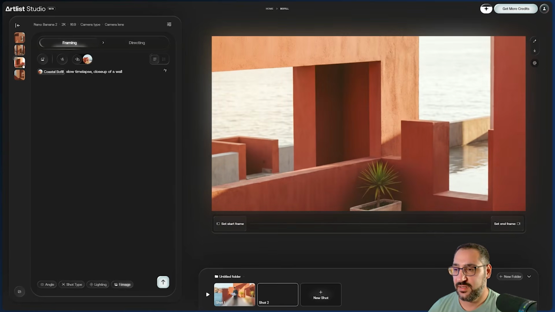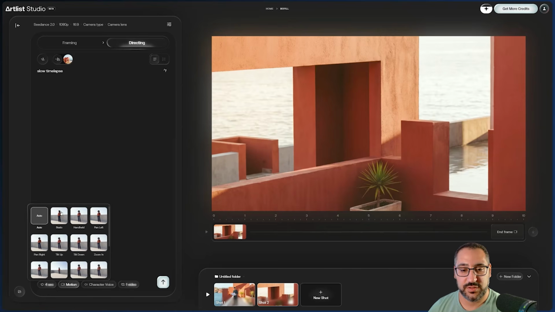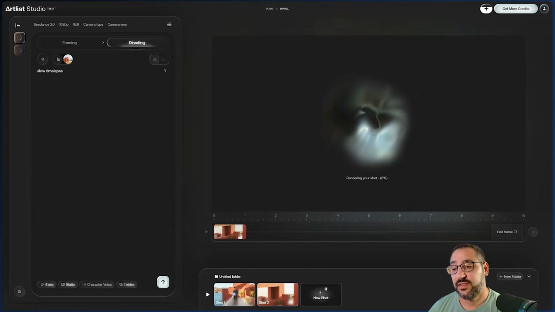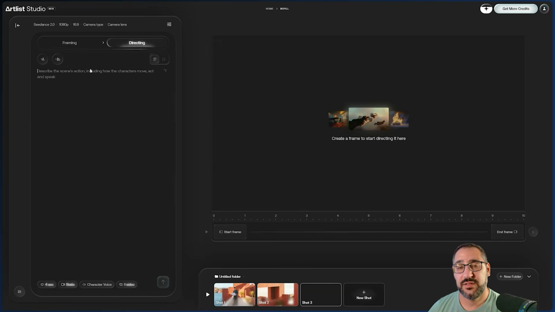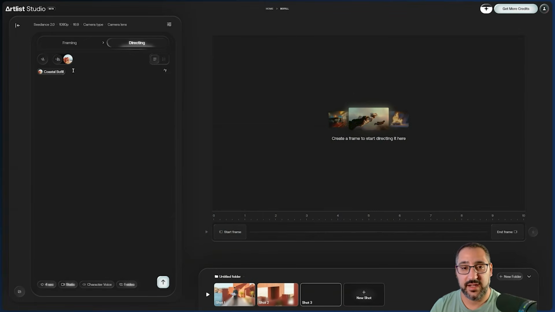So let me go ahead and use this guy. I'll use that as the start frame and I'll just say slow time lapse and then motion. I think this can be totally static. So now that those are baking, let's create another shot. What I'm going to do is go straight to directing. I'm going to grab the location and say aerial view establishing shot and we'll send that